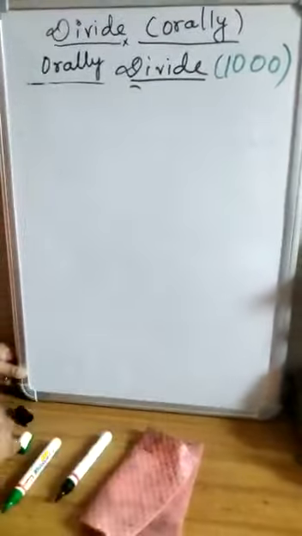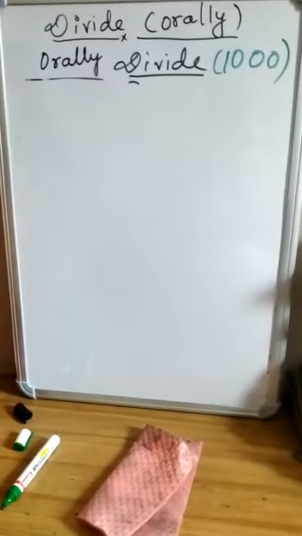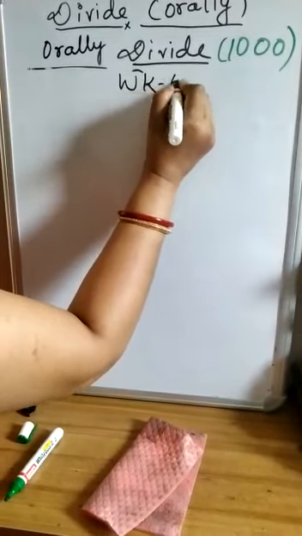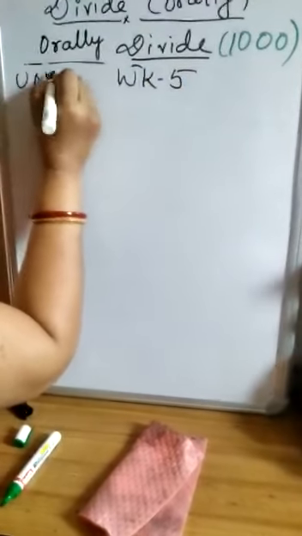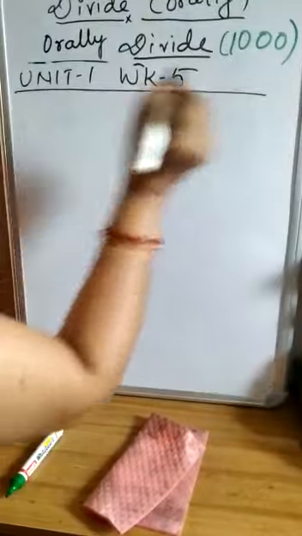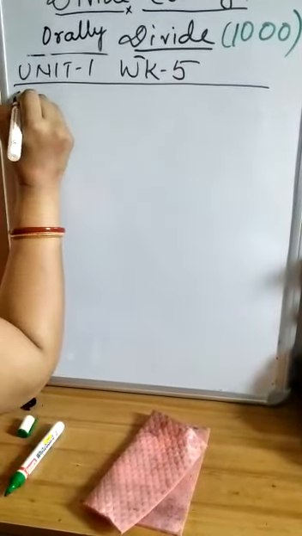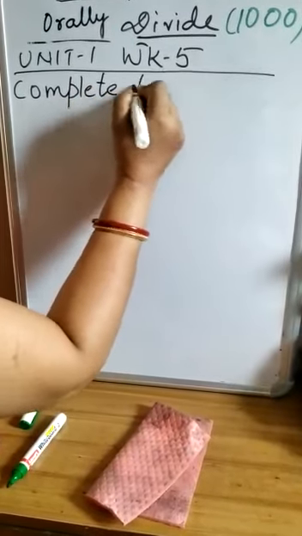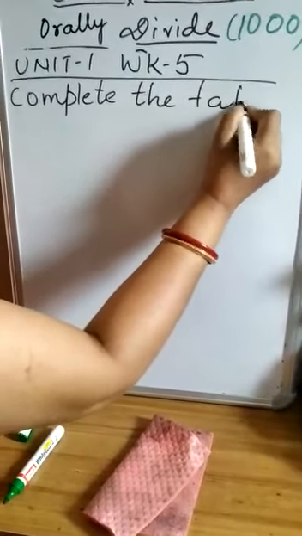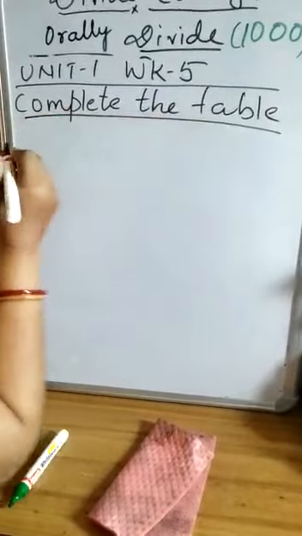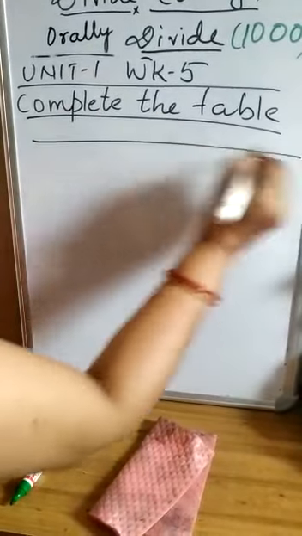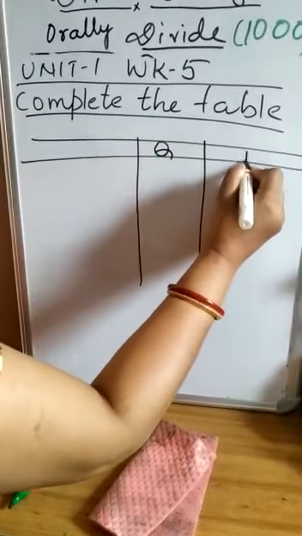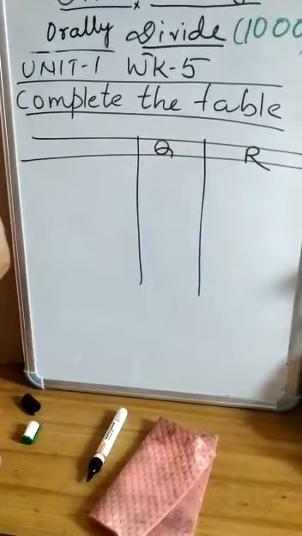Let us go to the worksheet. It is worksheet number 5, unit number 1. Right? So here you have to complete the table. The question is complete the table. So here the table is made. This is quotient and this is remainder. Right? Now here the first one is